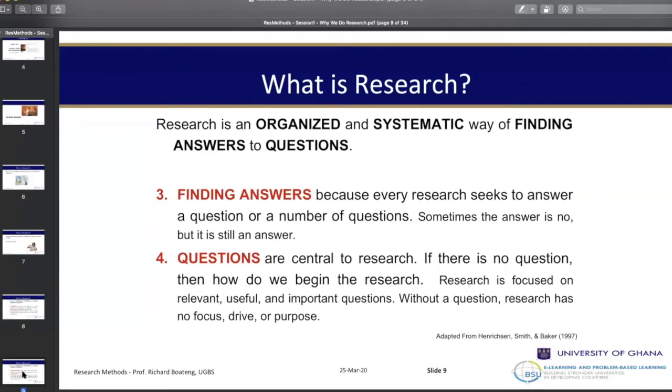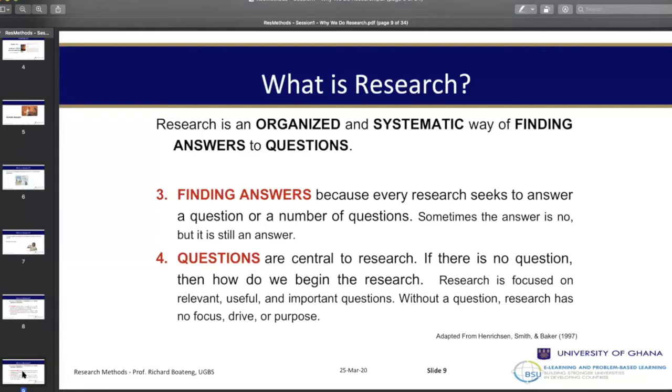So before every research can start, one of the fundamental statements that we ever emphasize is that the centrality of every research is the question you're asking. What is central? The central premise of every research is the question that is being asked. What does it mean? It means that as you start the research, the question that you have is what matters most, more than just the research topic or the research area.